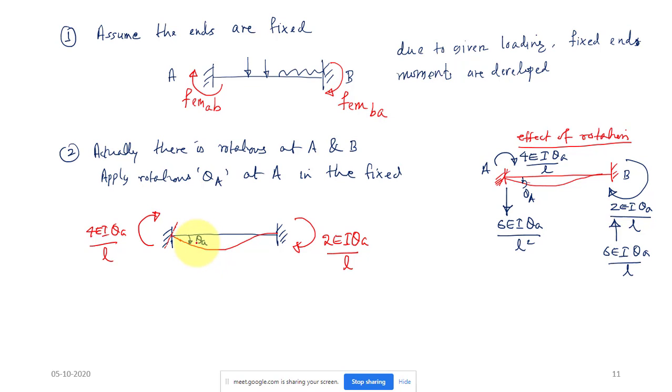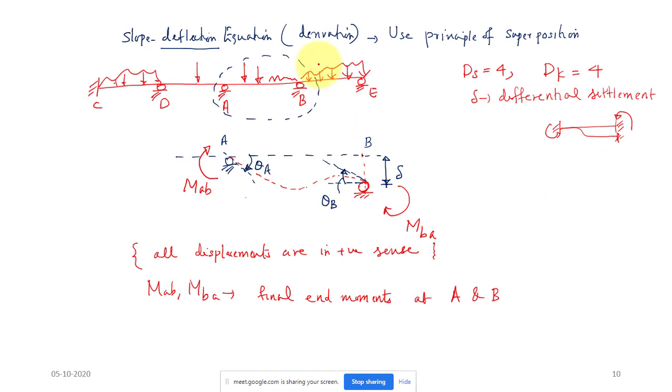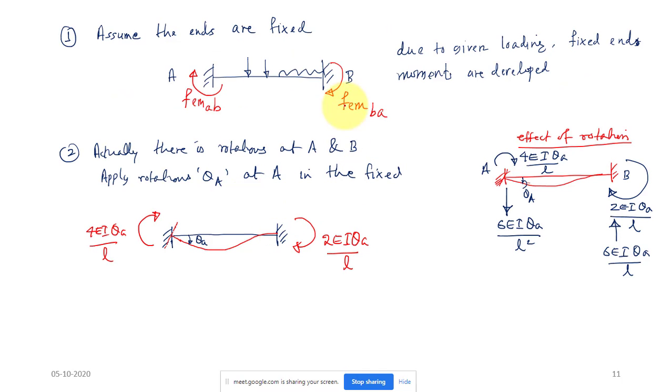That is your second step. So I have taken the effective loading by assuming the ends are fixed, and second, I applied theta A to that fixed beam. I started from the fixed beam, and now I have released support A by applying the rotation. Now I will release this and apply the rotation at B. That is your third step. So we are doing it one by one. Okay, that is the superposition principle. The third step, what will you do? We will apply rotation theta B.